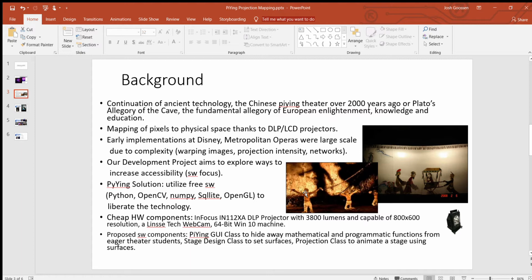Also, there's that fundamental allegory, Plato's cave, which indicates to me that this is an ancient human practice of projection, whether it's projecting shadows or projecting light, to then use as storytelling. And any of you who have gone to school, I imagine from elementary all the way up, projection now is done with LCDs and DLPs. Some of you might remember glass and mirrors,